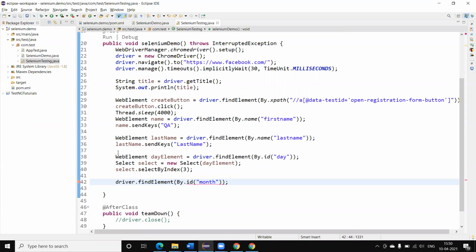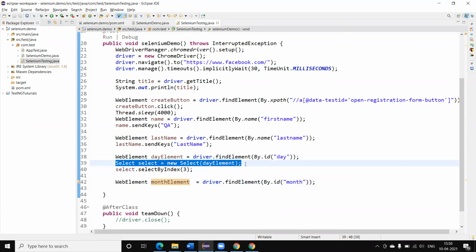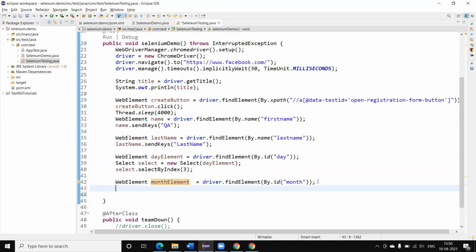This will return us the month web element object. Next we need to create the Select class object by passing the month web element.